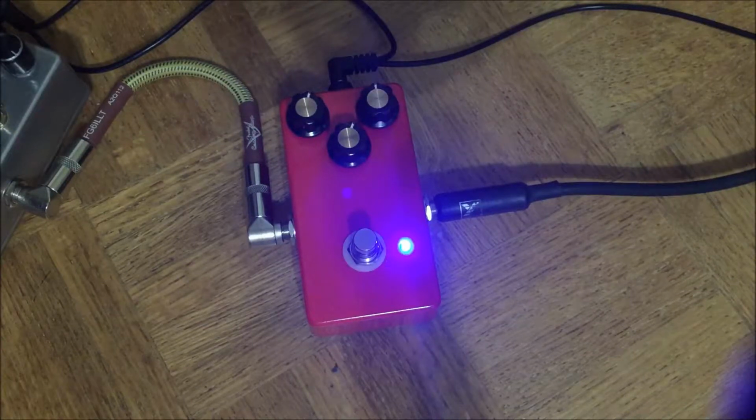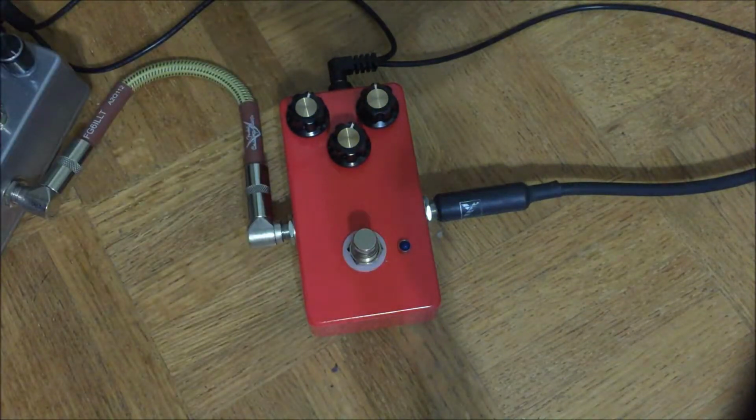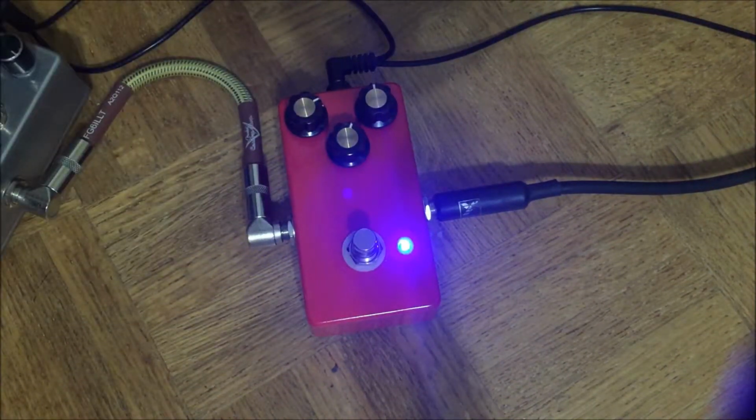Today I'm playing my Telecaster into my Blues Junior. If I get the time, I may switch to my SG for a second so you can hear with humbuckers. But, yeah. Let's hear the dry sound. And I'll put the pedal back on, but raise the volume up a little bit. So it's...